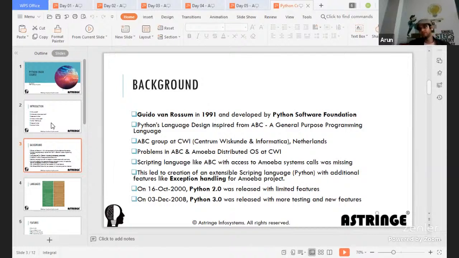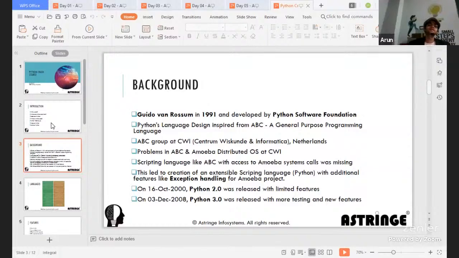C started first, and then C++, and then Python. At the same time ABC was there. There was Ada. A lot of other languages were also there at that time. But ABC was quite a popular general purpose programming language back then because of its flexibility in using the same programming language in multiple applications.